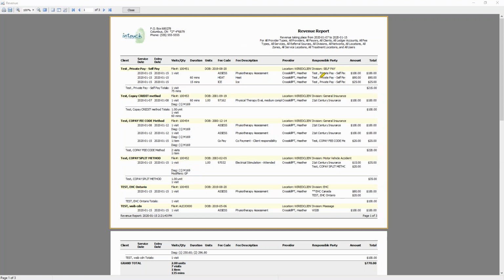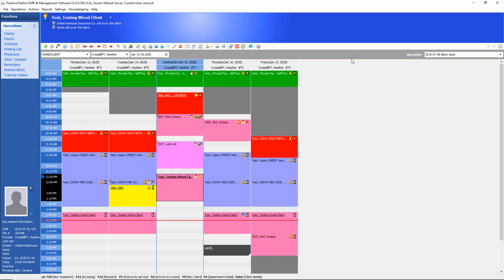And then from this report, sometimes we're identifying mistakes. Whoops, I charged that patient twice. Whoops, I shouldn't have charged that patient that code altogether. I've got to go fix it. So back in the scheduler, if we get started from the scheduler, the 3 steps that you're constantly doing over